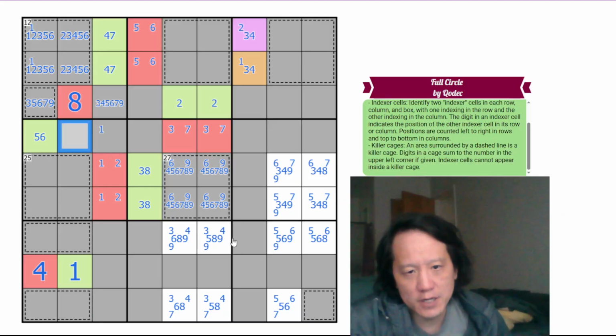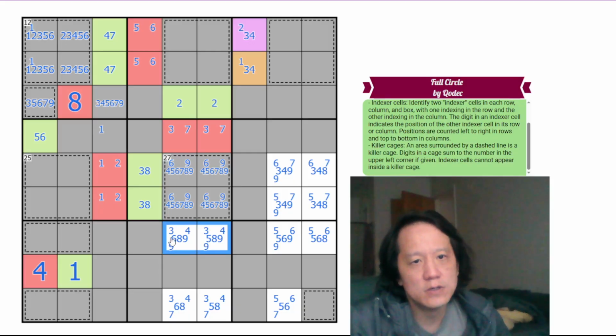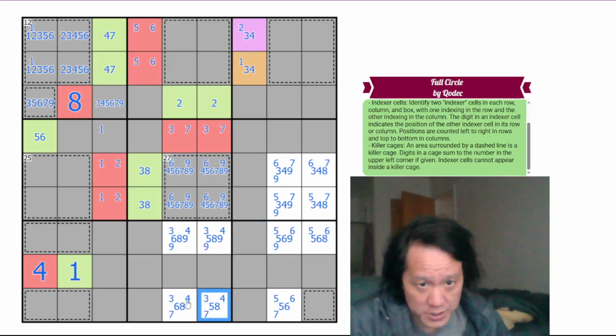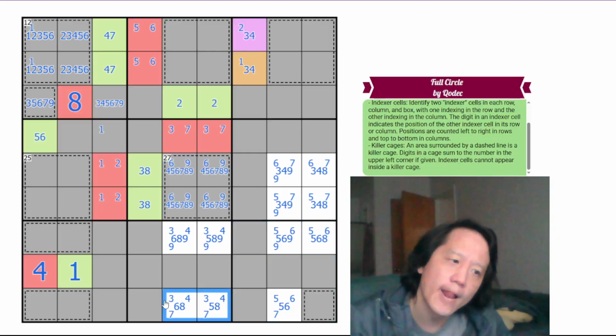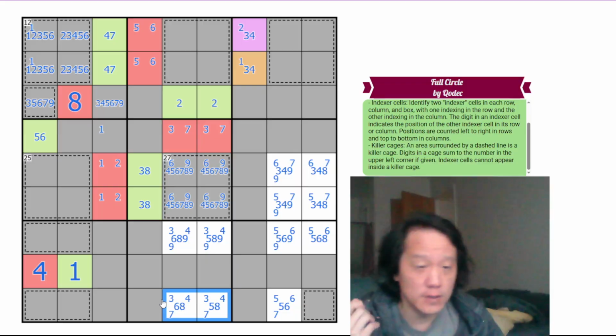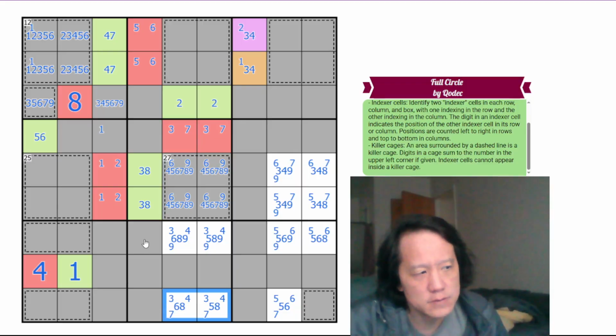Okay. You cannot have two indexes here, because if there's two indexes here, these cannot be indexes, and there's only one index in box 9. So we're guaranteed at least one index here. If that's the case,